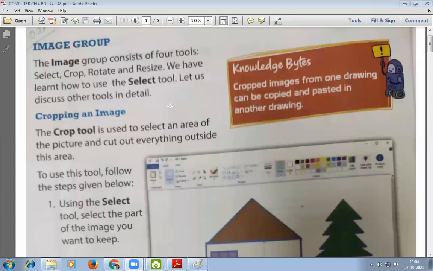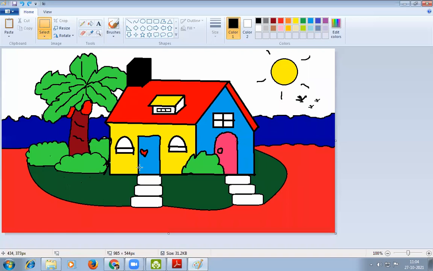So in image group, I'm going to show you a Microsoft Paint image here. Okay. Here you can clearly see that in image group, select option is there. There are also 3 more options. One is crop option, second one is resize option, and third one is rotate option.